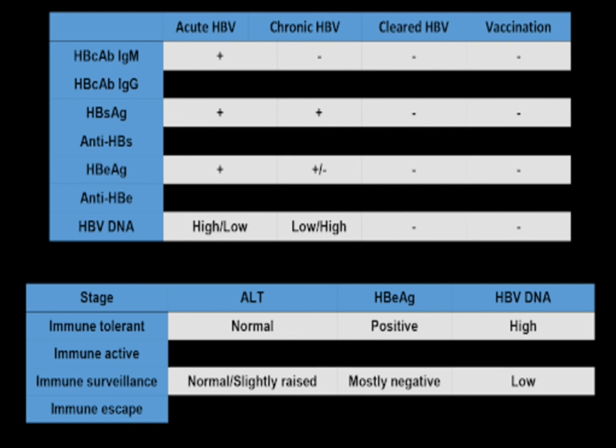So this is a similar diagram just explaining the same thing that I've already explained. However, the two tables here, the above one has already been explained, the lower one is the one that I'm going to talk about now. So the stage, then ALT is our liver enzyme and HBe antigen, then we've got hepatitis B virus DNA. We've got the stages immune tolerant, immune active, immune surveillance, and immune escape. Immune tolerant: ALT will be normal, HBe antigen will be positive, and hepatitis B virus DNA will be high. Then immune surveillance: ALT will be normal or slightly raised, HBe antigen will be mostly negative, and hepatitis B virus